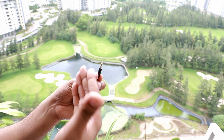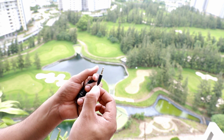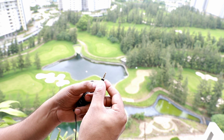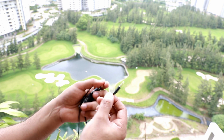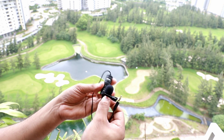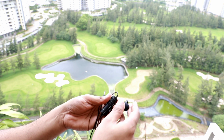Talking about the TRRS gold-plated pin, this is compatible with any device nowadays, and it also comes with a 1/4-inch adapter which you can use to plug it on to an amplifier or a hi-fi music system. Overall, this is what is there in the package,